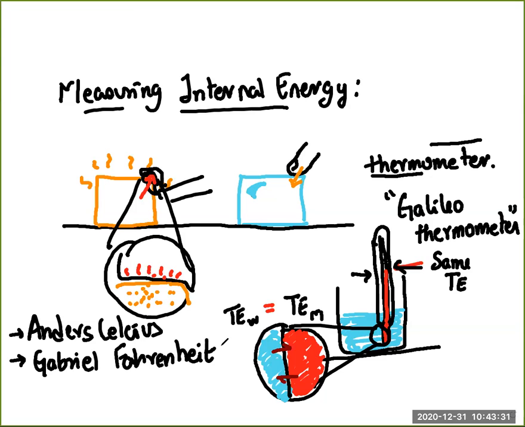Okay, and you can immediately see the scales at which we measure temperature comes from the name of these two people, the Celsius scale and the Fahrenheit scale, from their surnames. So Anders Celsius and Gabriel Fahrenheit independently, both were in Europe only, developed the scale which we currently use for measuring the temperature of the object. Okay, so this measure of the heat is what came to be known as temperature.